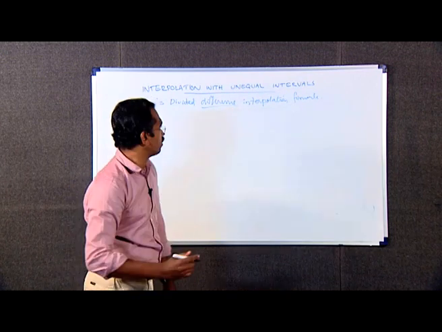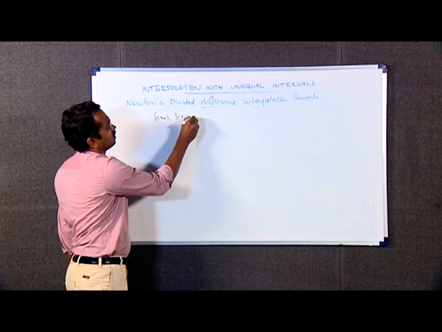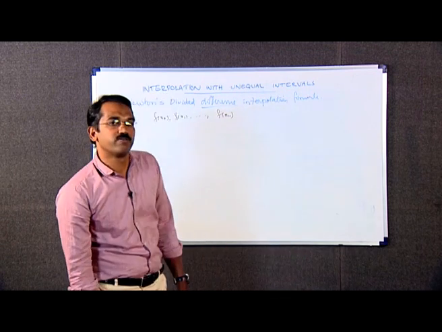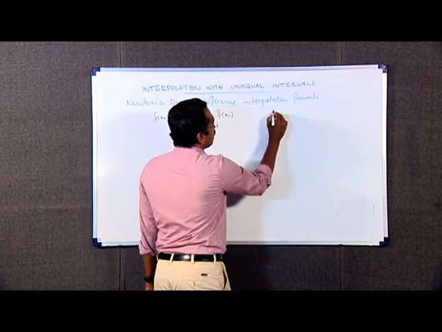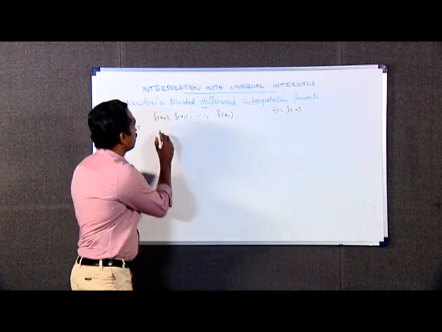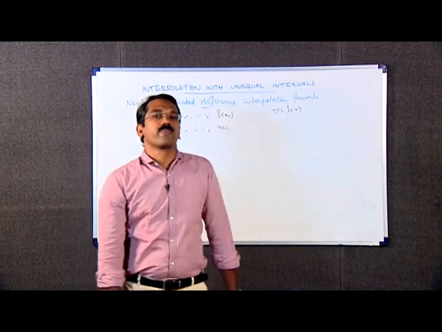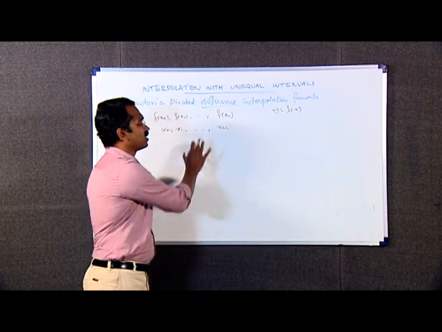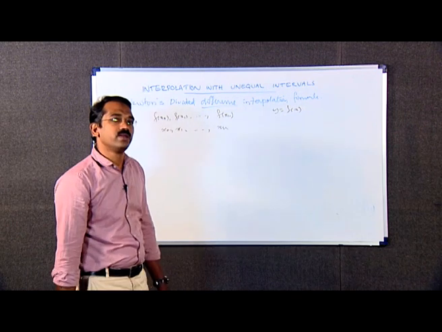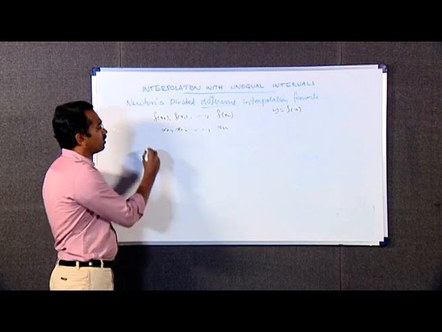If f(x0), f(x1), etc., f(xn) are the values of a function y = f(x) corresponding to the arguments x0, x1, etc., xn, where these arguments are not necessarily equally spaced, then the Newton's divided difference interpolation formula is